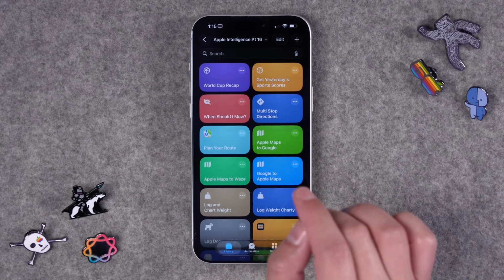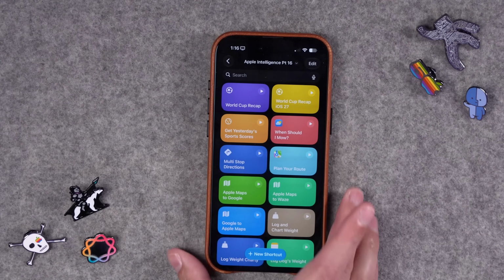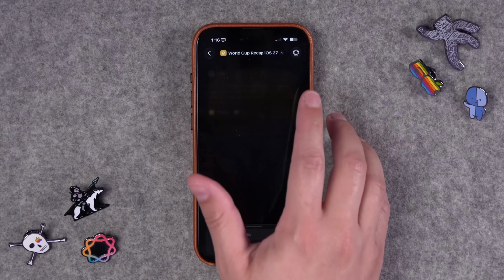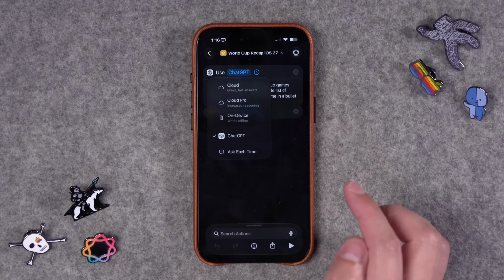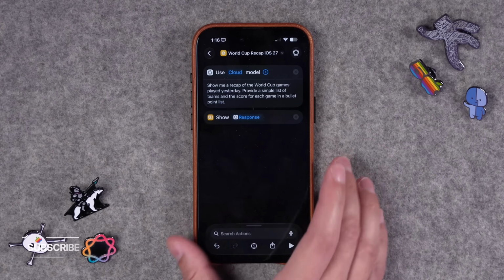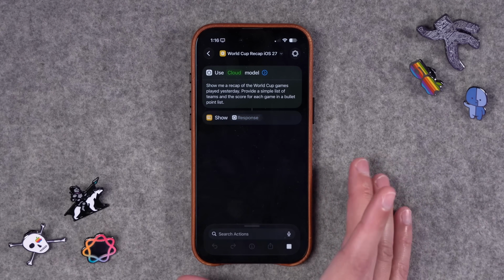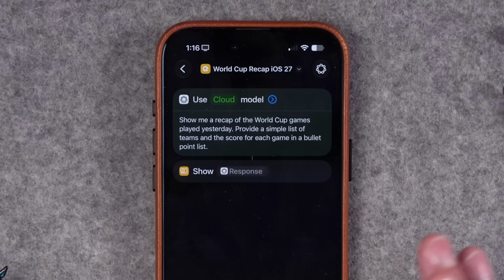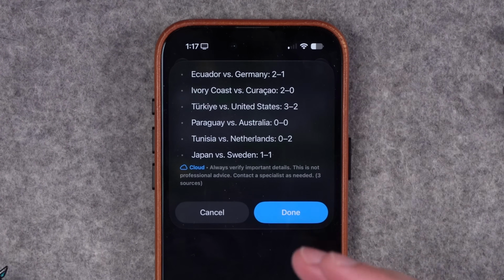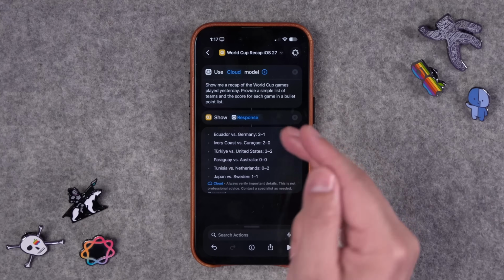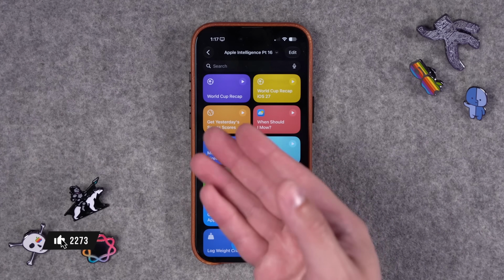You can download this version, but I'm also going to link a version down in the video description for iOS 27 because the use models action in iOS 27 is really good, especially at world knowledge. I'm going to use the private cloud compute model, which pulls from Apple's new world knowledge, and this doesn't work if you have iOS 26. You need the beta for this, but using the cloud model, it gives even a nicer formatted, all the scores with the teams in a bullet pointed list. So if you're on the beta, you can use this one or use the first one for any Apple device